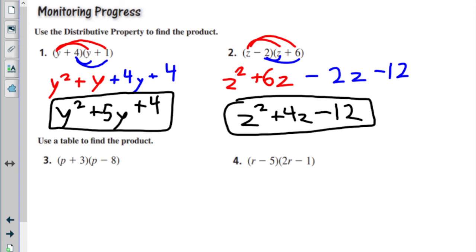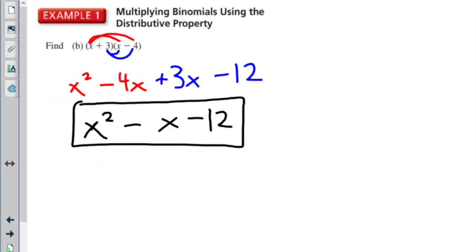So my middle term came from those pieces in the middle. And notice, this is the important part, the middle term came from combining the two pieces in the middle together. We had a 6z minus 2z was 4z. We had a 1y plus 4y was the 5y. We had a negative 4x plus a 3x was a negative 1x. Because remember, I said I'm going to ask you to look at this final answer and tell me where it